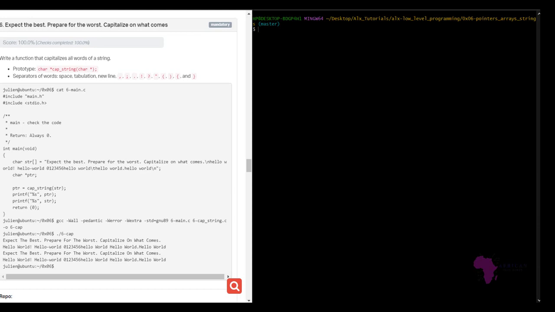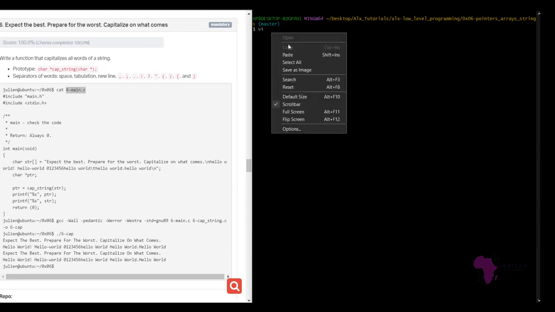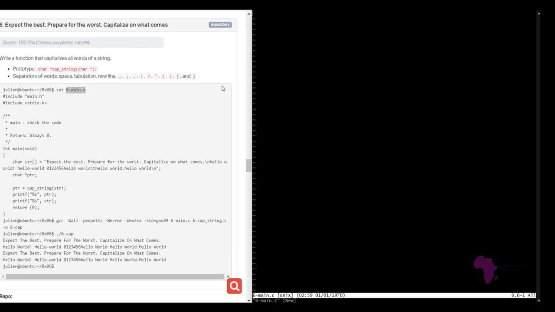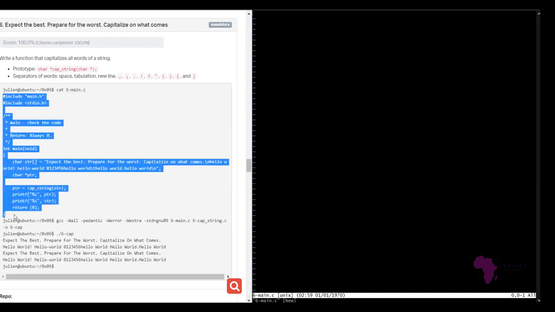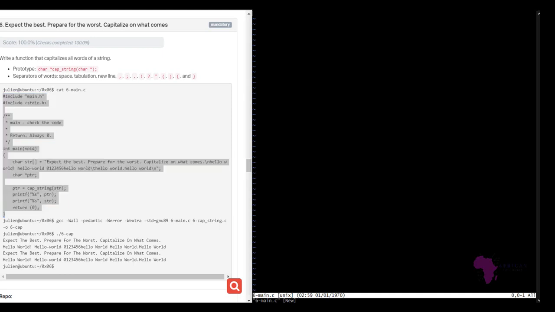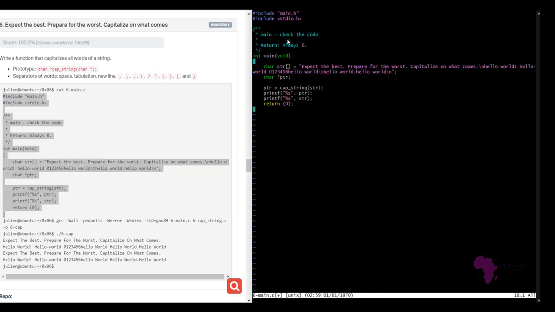So let us create the main file, which is this one. We do vi and the name of that file, and we copy this entire block of code that they want us to have here, which will contain the string that we should look at, and make sure that each and every single word in that string or that sentence starts with a capital letter. So we save it,